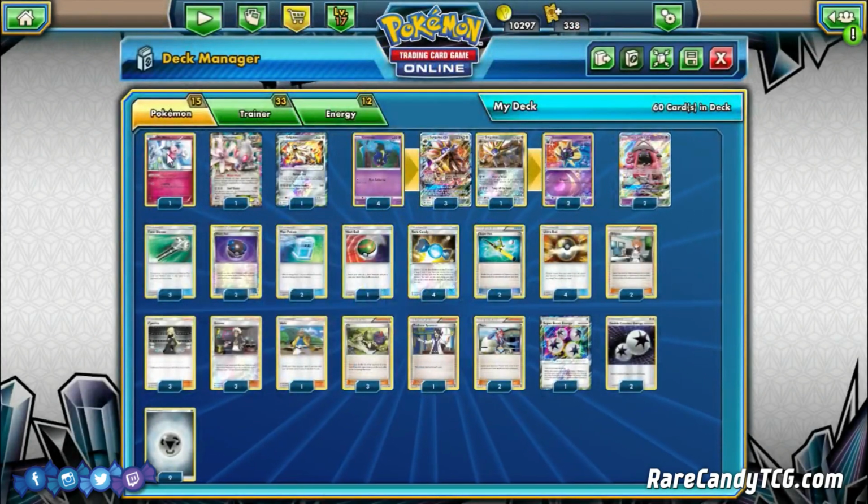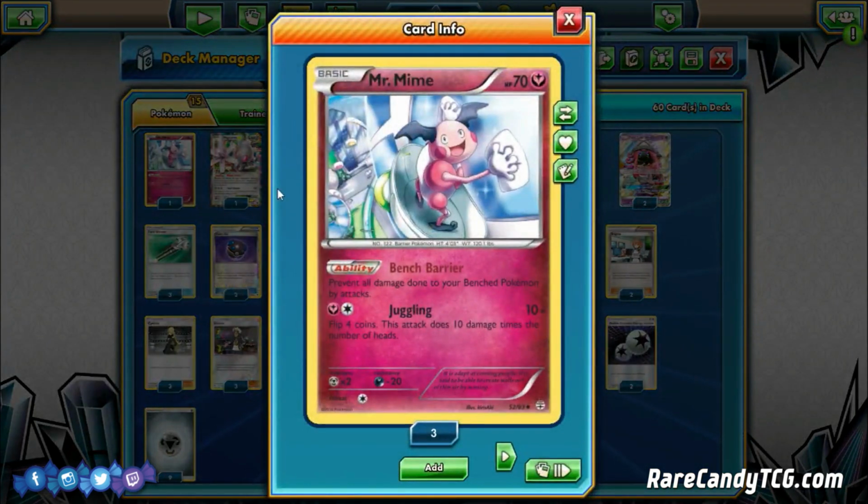So next up we're playing one copy of Mr. Mime for its Bench Barrier ability, prevent all damage done to your bench Pokemon by attacks. So Solgaleo GX is actually kind of a slow deck getting going. If everything goes perfect and according to plan, you're going to Soul Burst GX on turn 2, so that means you're not even attacking and doing damage until turn 3 of the game, which is actually pretty bad,